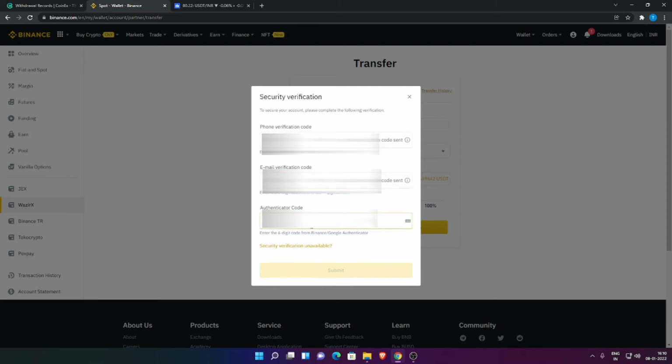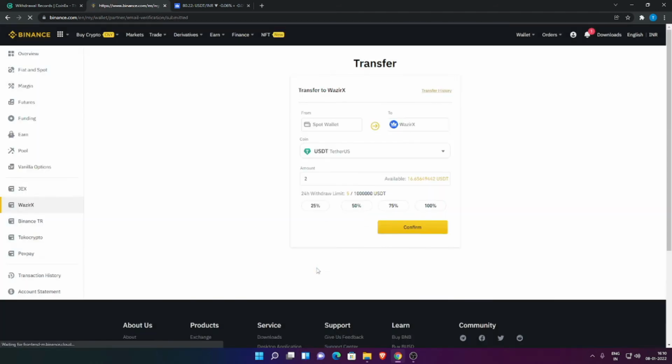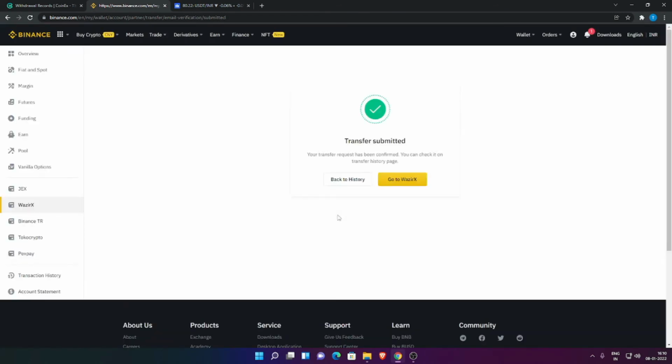And also it will ask me for a Google Authenticator code. So I need to do that. I'm going to click on submit. And it will say that transfer is submitted.